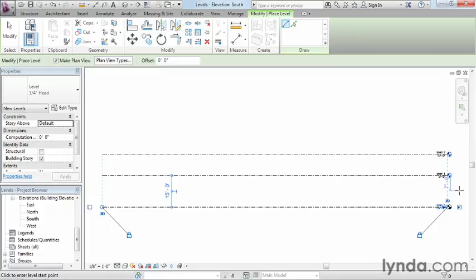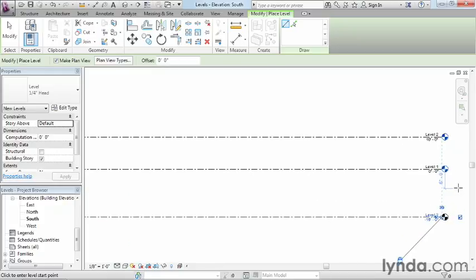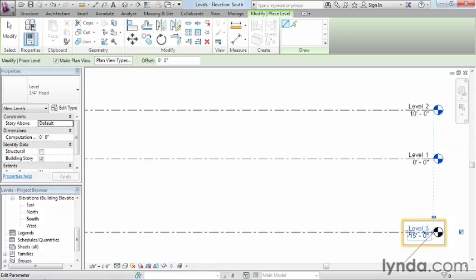Now if we zoom in, and you can do that by using the wheel on your mouse, you can see there's now a level 3 at negative 15 feet. Also, level 2 right now is at 10 foot, and we're going to want to have that be at 15 foot. So in order to be able to adjust this one's elevation up to 15 foot, we'll start off by